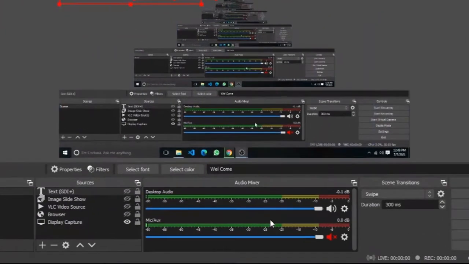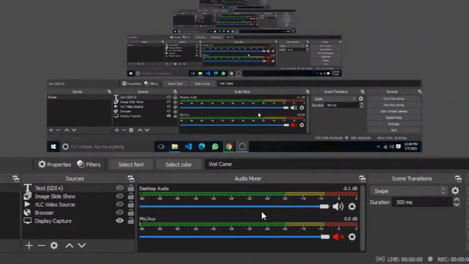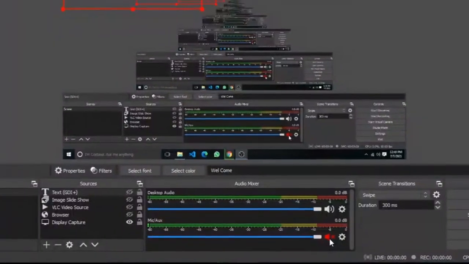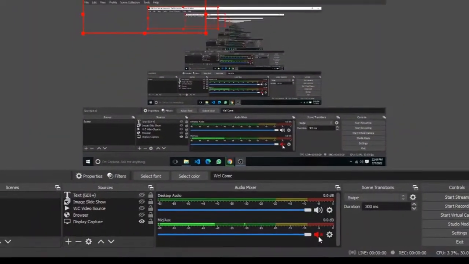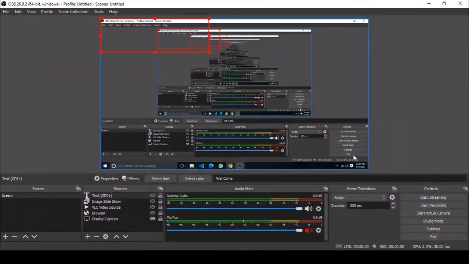In addition to recording your display, OBS also records your desktop audio from games, websites or any others on your computer. It can also record the audio from your microphone. Desktop audio records your computer sound, and you can also choose your computer microphone here. Then we will move on to the settings.